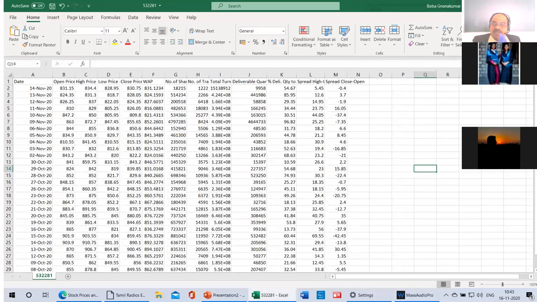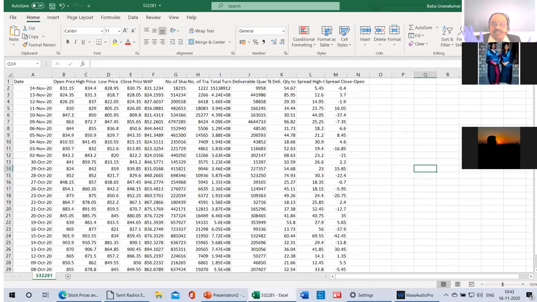Here, if you download the data, it looks like this. I have shown the example here. For example, date, opening price, high price. This is a very good example of a CSV file that we have downloaded from the BSE. But if you want to process that, you have to make sense of it.